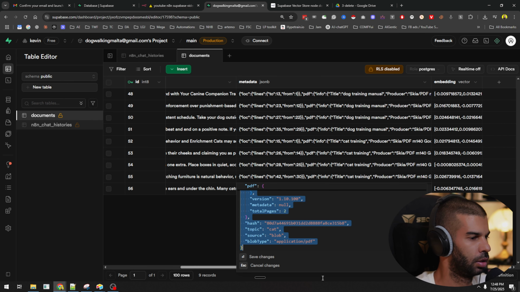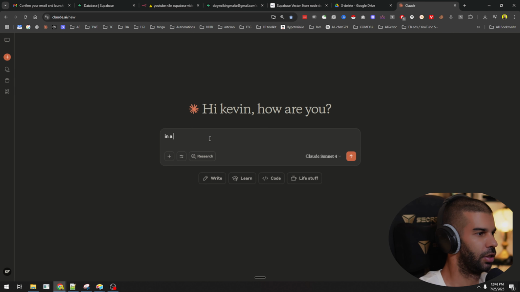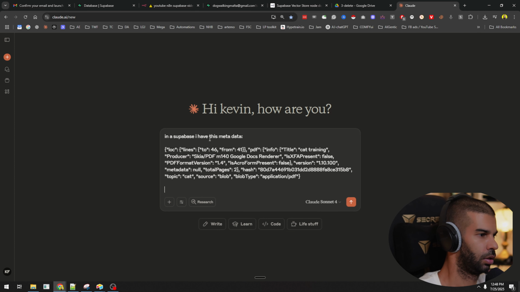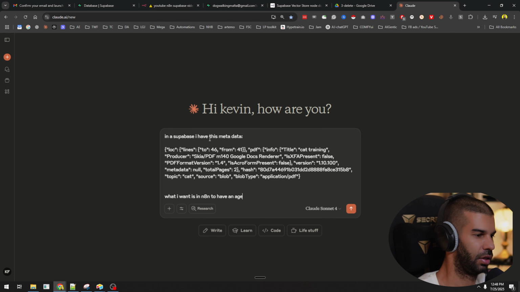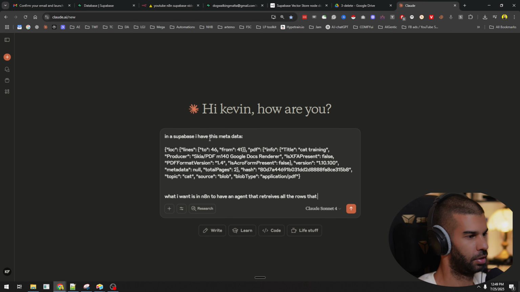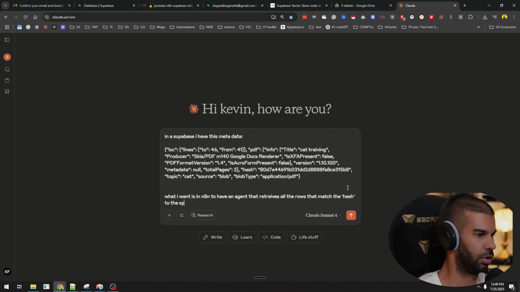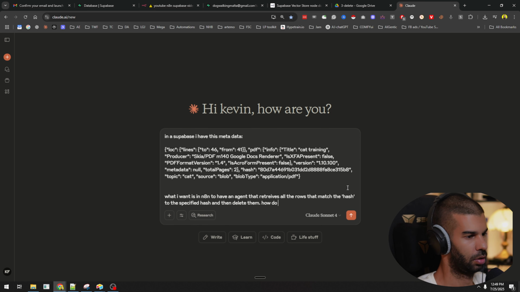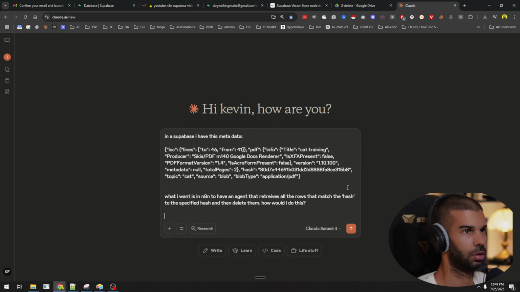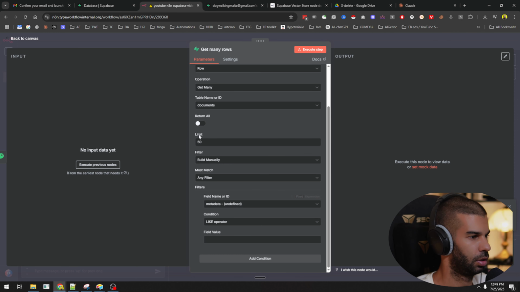So here, I'm going to go to Claude and I'm going to say, let's see, in Supabase, I have this metadata, right? What I want is in n8n to have an agent that retrieves all the rows that match the specified hash and then deletes them. How would I do this? What I'm also going to give this here is the